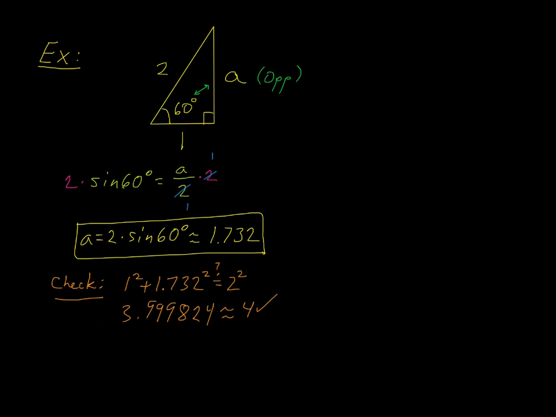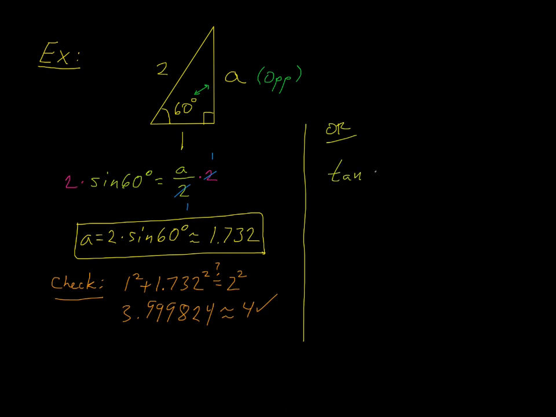And now the last thing I want to say here, a slightly different way to approach the solution for A, and I'm not going to go through all the details, but I just want to point this out. Here, I related A, the opposite side, to the hypotenuse, and I did that with the sine ratio. I could just as well relate the opposite side A to the adjacent side of 1. Now, opposite and adjacent,